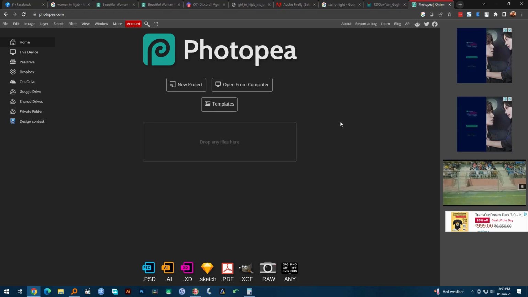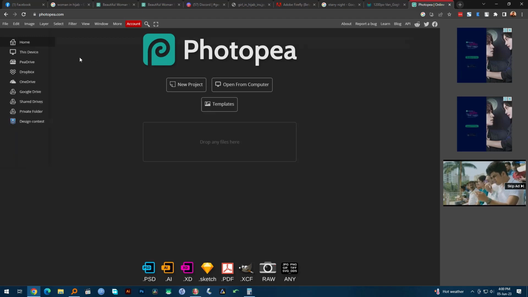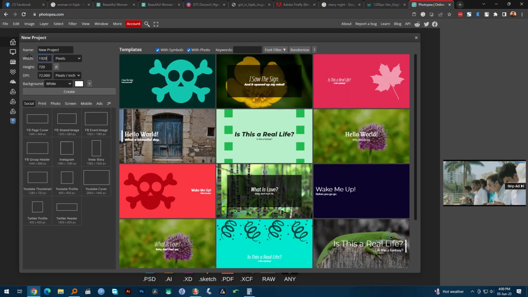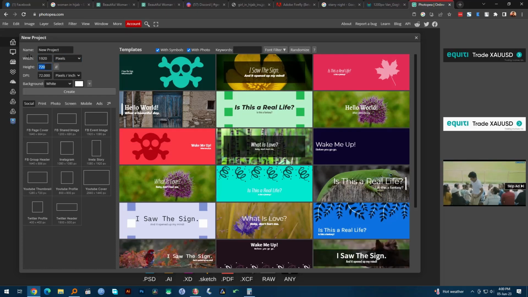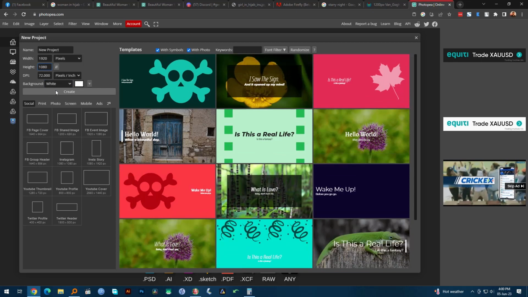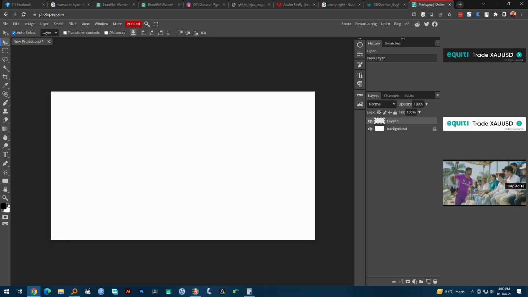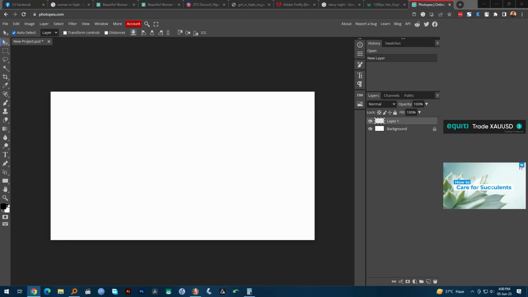We're not going to do a lot of Photoshopping today. We're just going to do a simple trick. So we're going to take a new file and let's say I want it to be 1920 by 1080, which is the normal resolution of most screens. I'm going to create that, and I'm going to create another layer, and I'm going to drag my image from my hard drive which I had just saved,